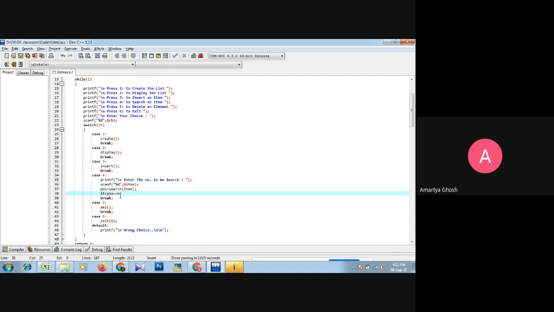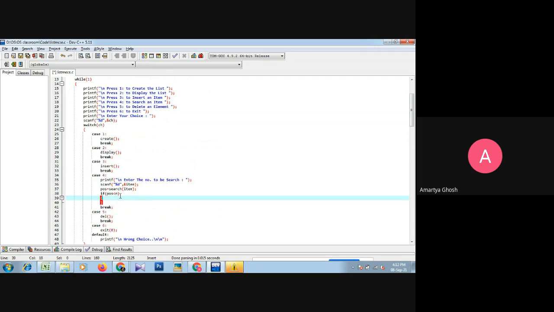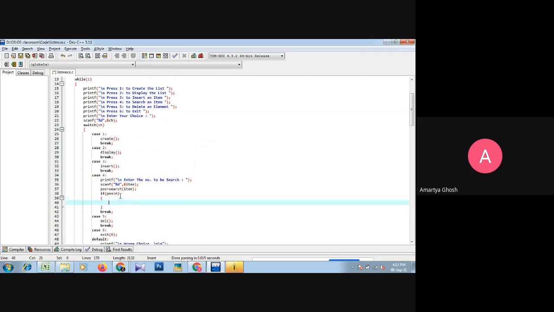Okay, or if pos is less than n, within printf, within double quote backslash n,